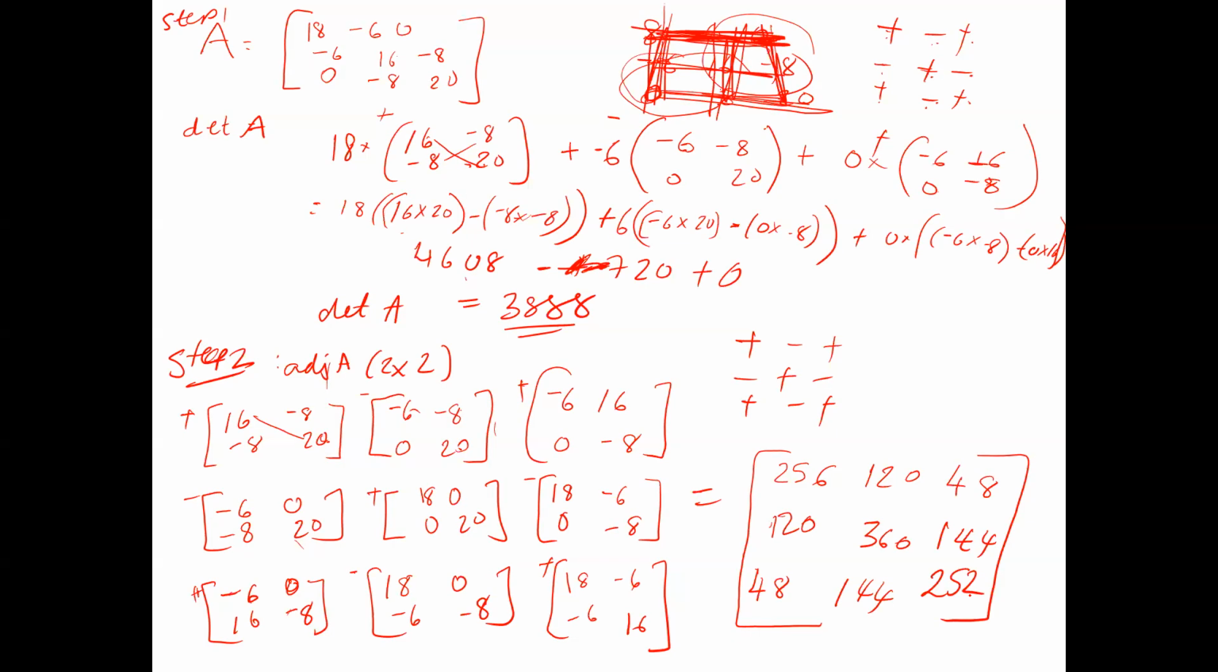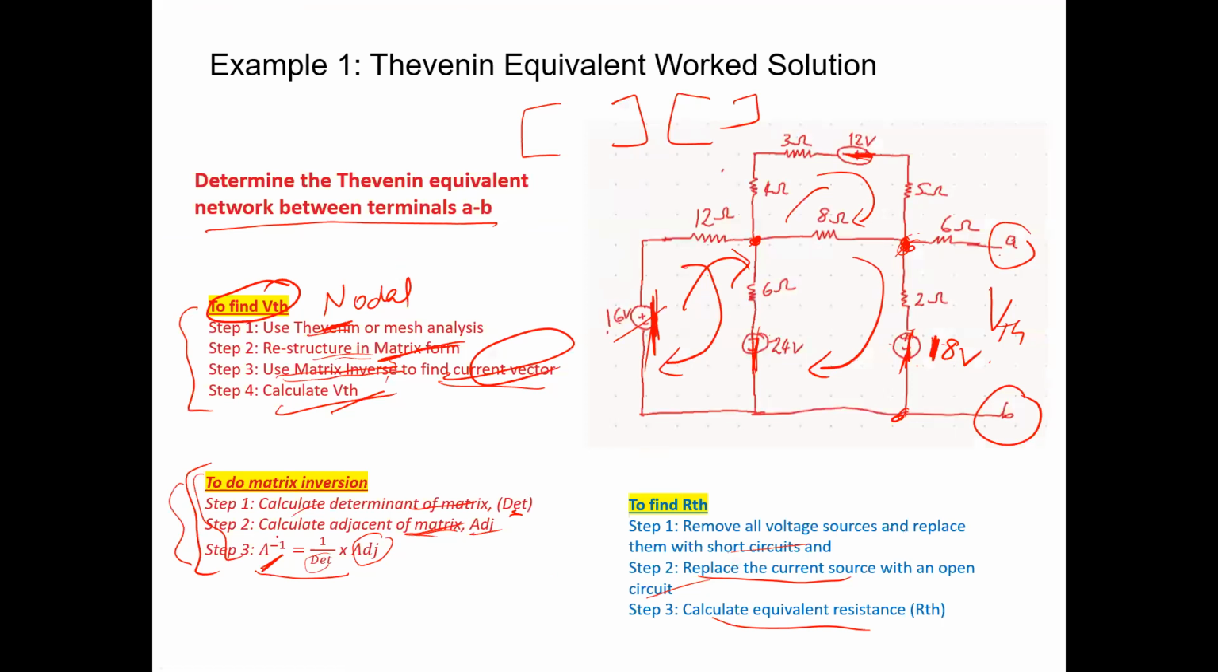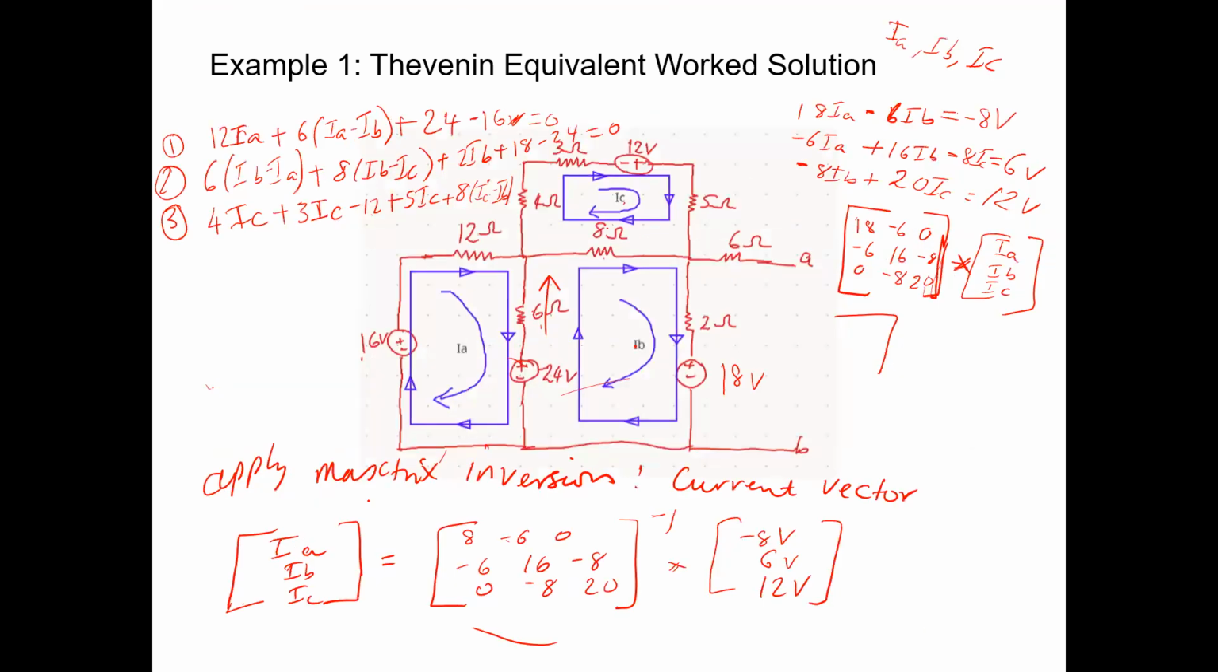So we now have the adjugate. From that, what we need to do is step 3. So we have the determinant, we have the adjugate, so we need to do the inverse matrix. Okay, so the inverse matrix: A inverse equals 1 over determinant times adjugate. So A inverse equals 1 over determinant A times adjugate A. Okay, so 1 over 3,888 times,